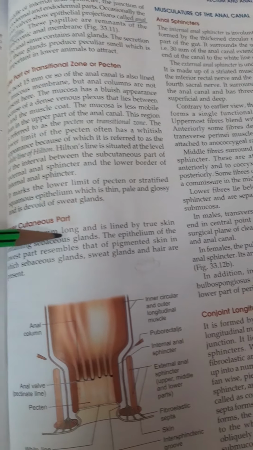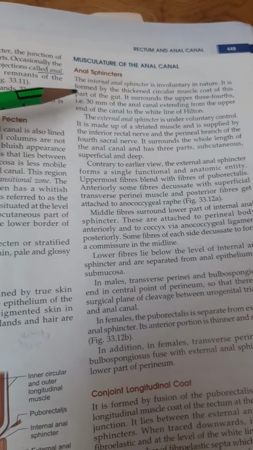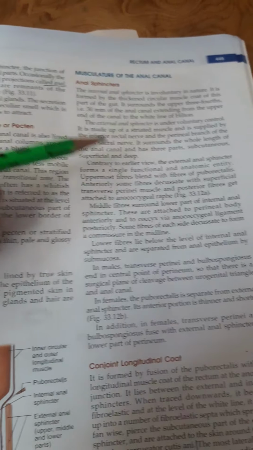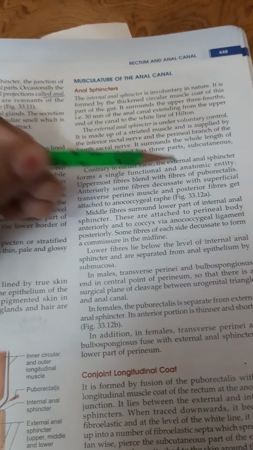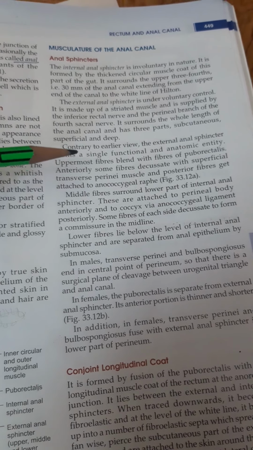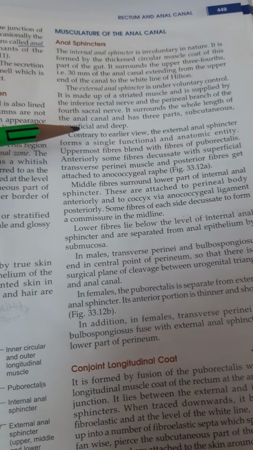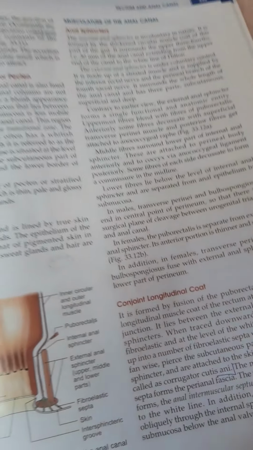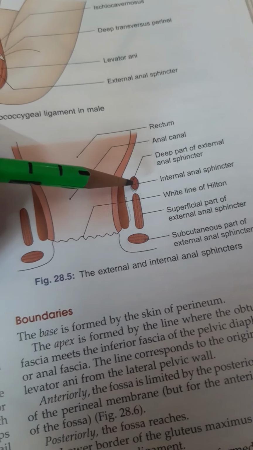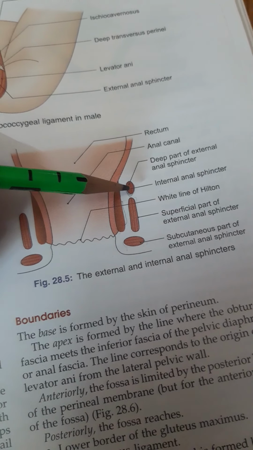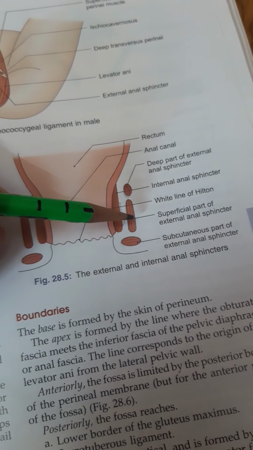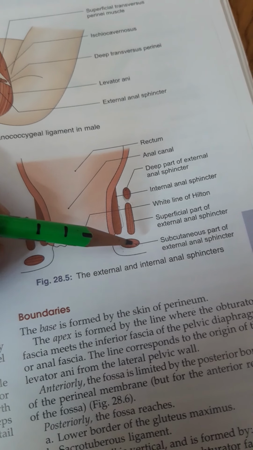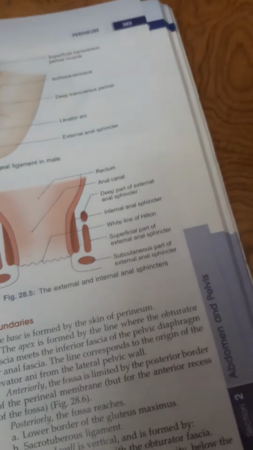So we had done till the cutaneous part, and we had done the sphincters also. So the sphincters, as we knew, were divided into superficial, or you can say subcutaneous, superficial and deep parts. So if you see these parts, I'll show you. This is the deep part of the external anal sphincter. This is the superficial part of the external anal sphincter, and this is the subcutaneous part of the external anal sphincter. So what we studied,